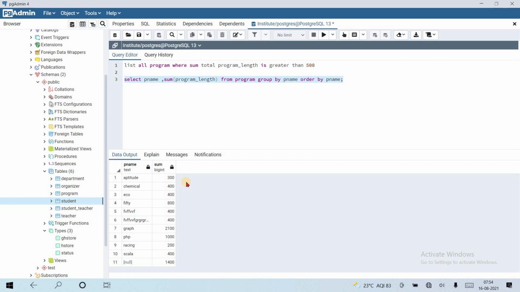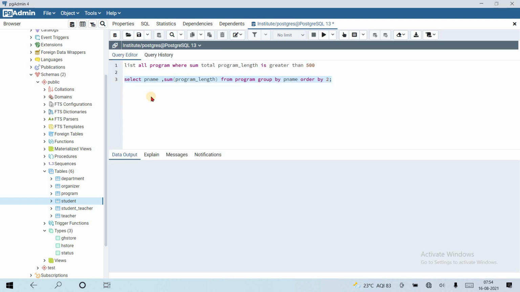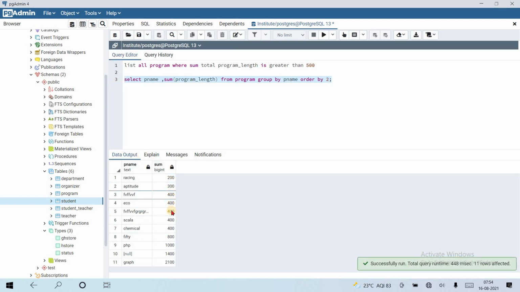We can arrange it by the sum, meaning smallest at the top and largest at the bottom, so order by 2, the second column from select. Yes, 200, 300, 400. Okay, so use the having clause.